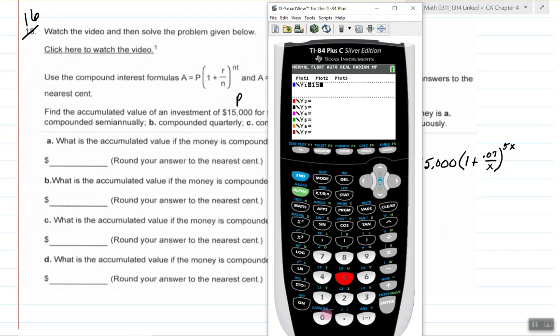Put in 15,000, open parentheses, 1 plus 0.07 divided by, it should be N, but I'm going to call it X, close, raised to, use parentheses if you need to, 5x power. Now I'm going to go to table. X is the number of compounding periods. When it's 2,